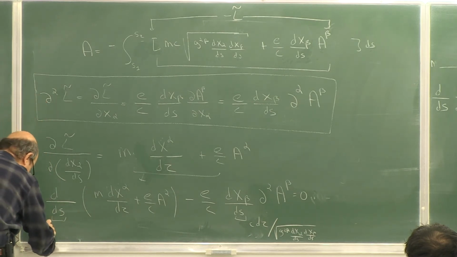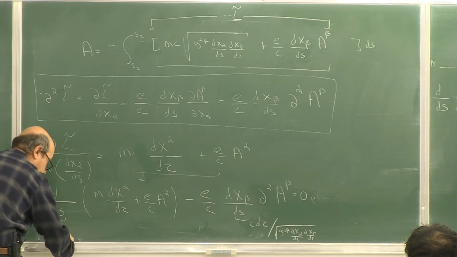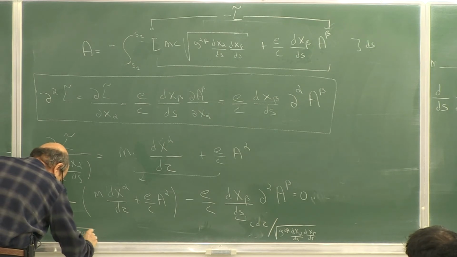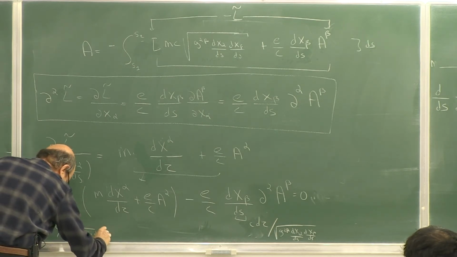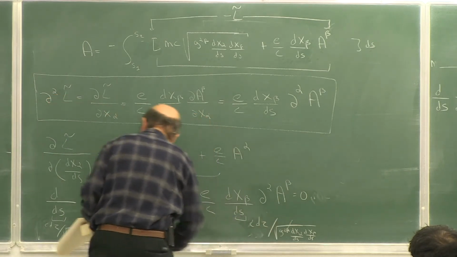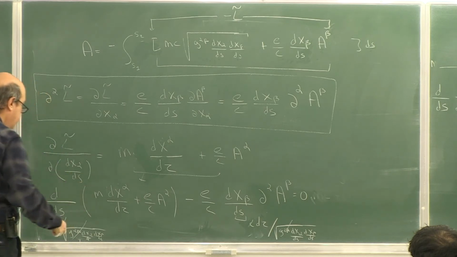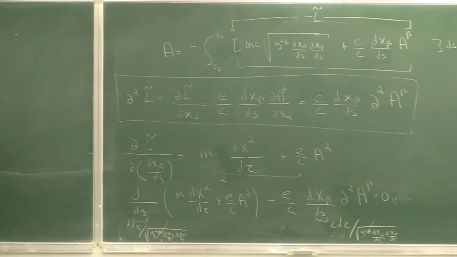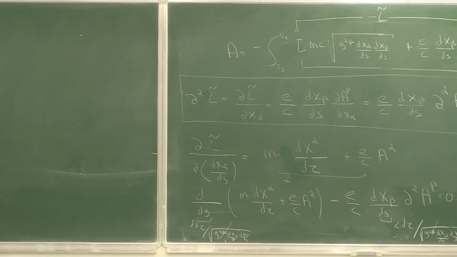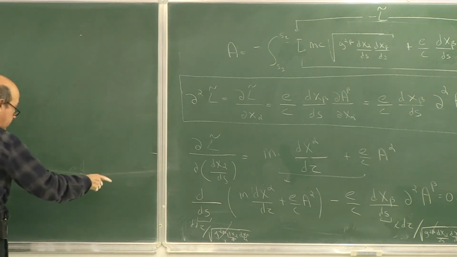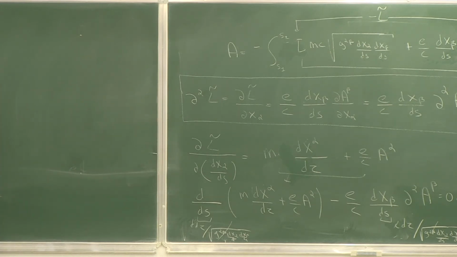These are non-zero, so that will be cancelled, c will be cancelled, and you can convert the derivative with respect to d tau instead of with respect to ds. And if you do this, you are obtaining the following. The first derivative, d over d tau